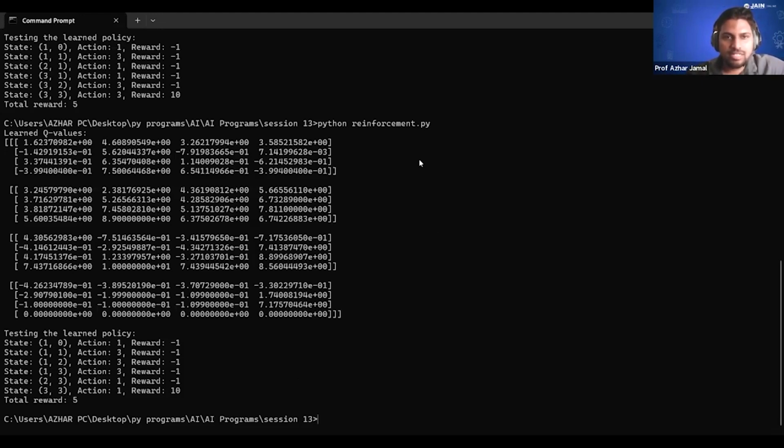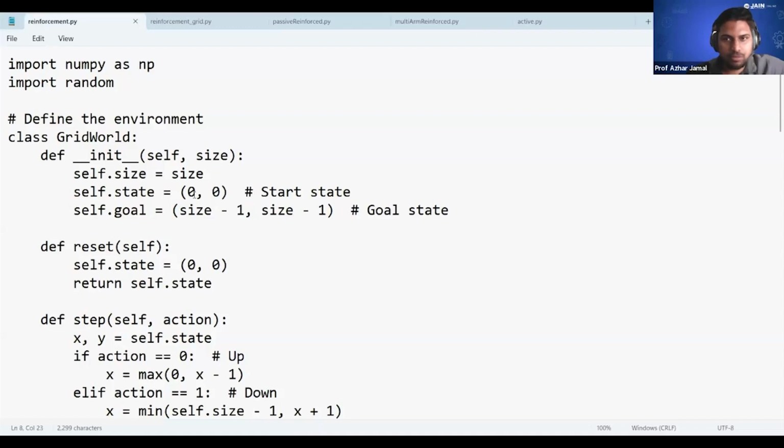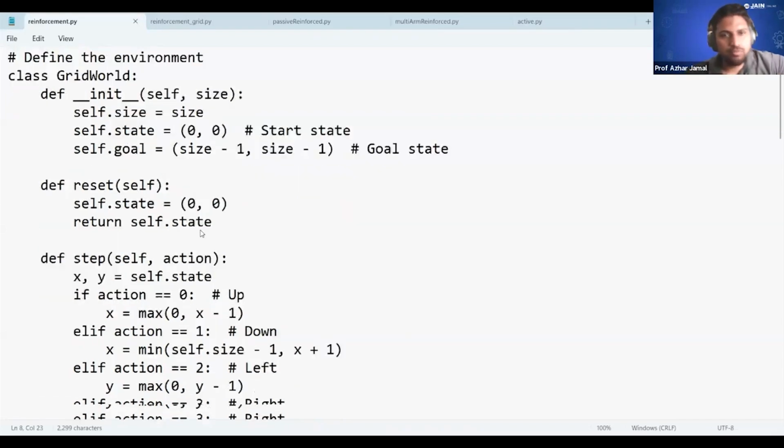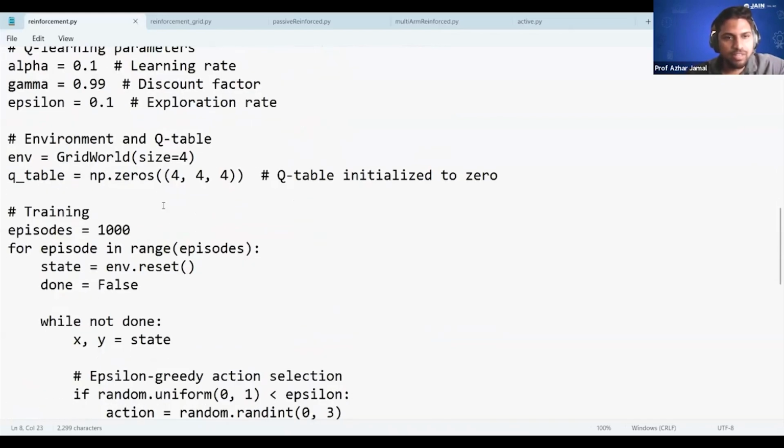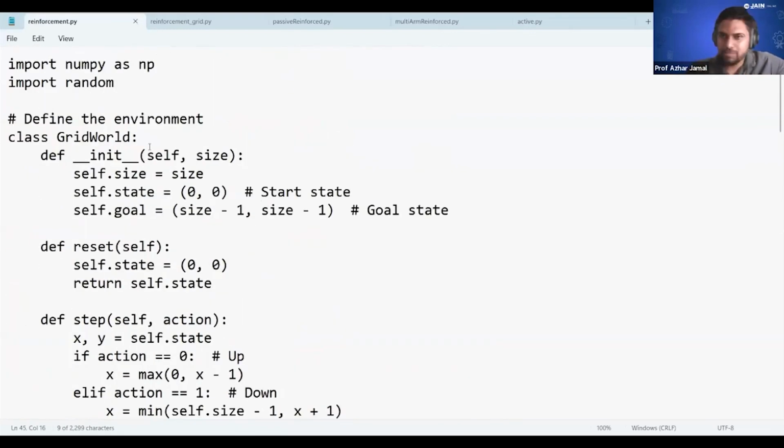If you see the code, the starting state will be 0, 0 and the ending state will be size -1. Size here is 4, so the maximum is 4 values we are giving, and we are trying to create a grid world. The grid is basically the matrix from 0, 0 to 3, 3, and the agent has to navigate to a goal. Imagine in real life, a real robot is navigating like that, getting a banana. It can do reinforcement learning.